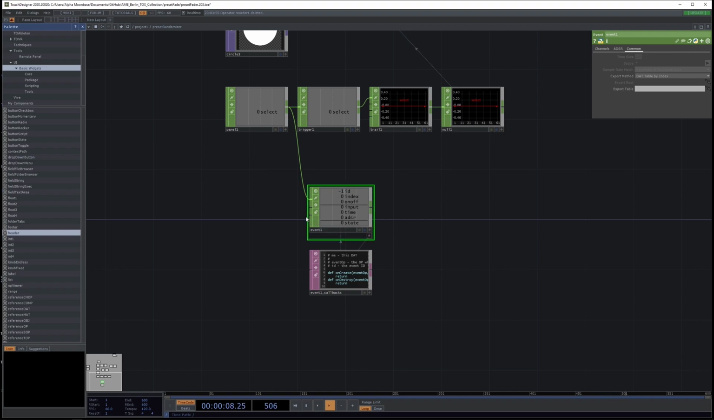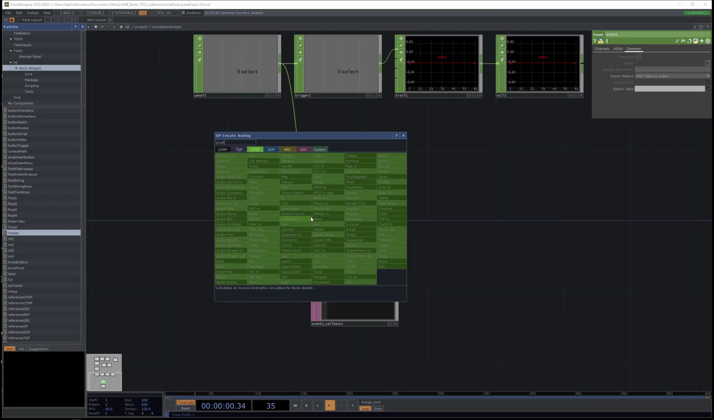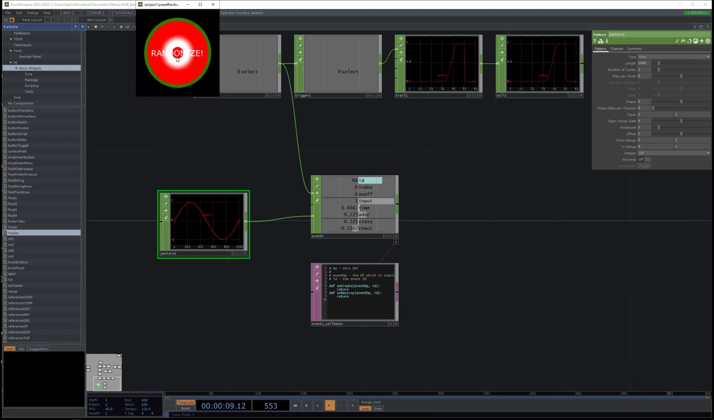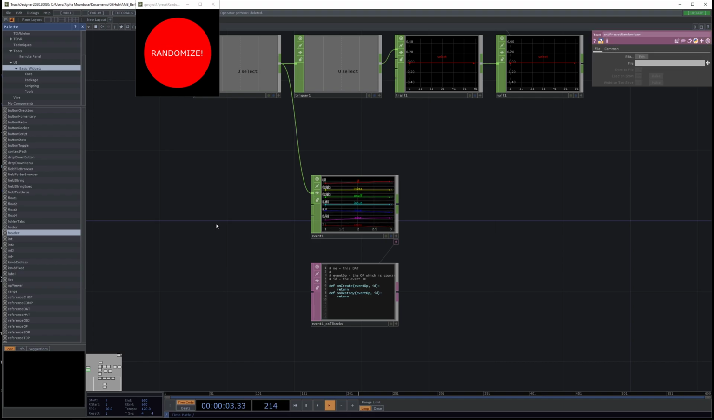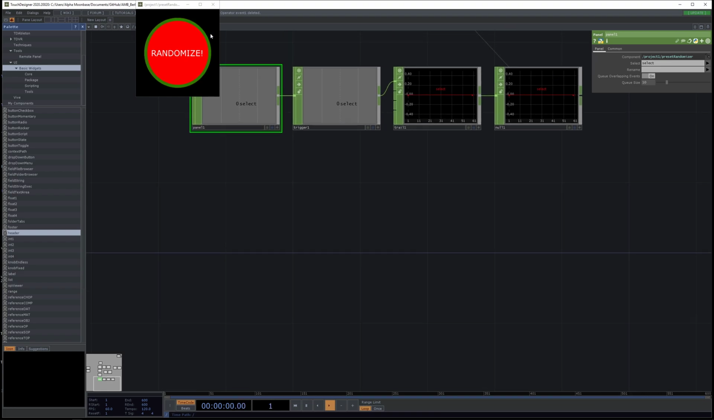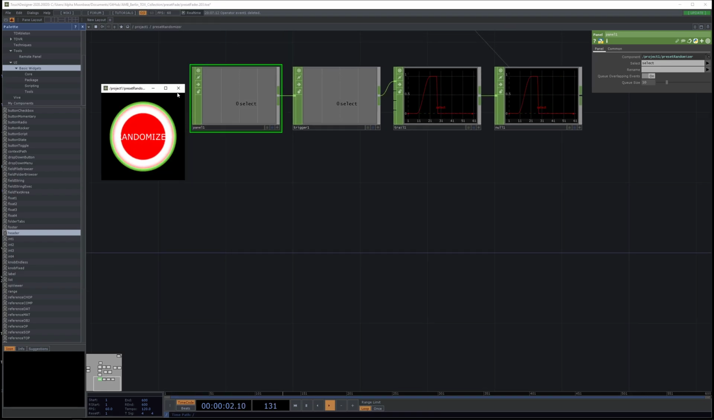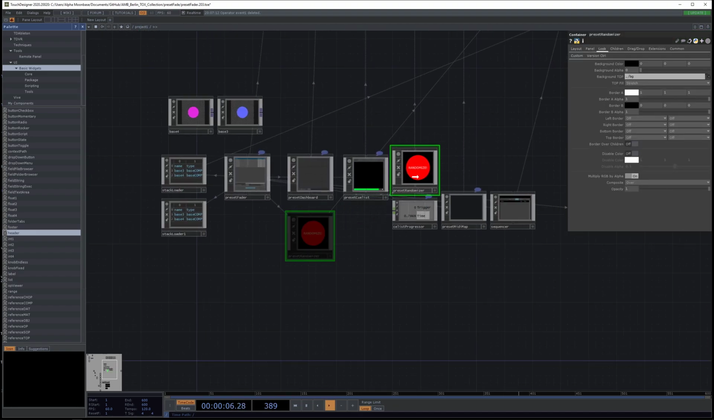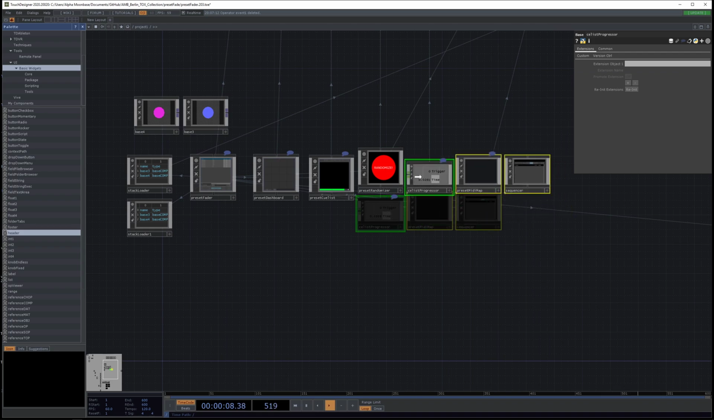Oh, okay, here we have the sample. So maybe if I put a pattern into the sample. No. It isn't. That's a shame. That's really a shame. Okay, but we now have a nice randomizer. That's good. Okay, so